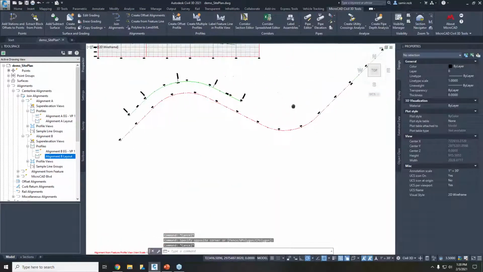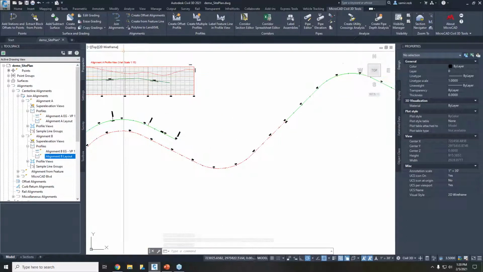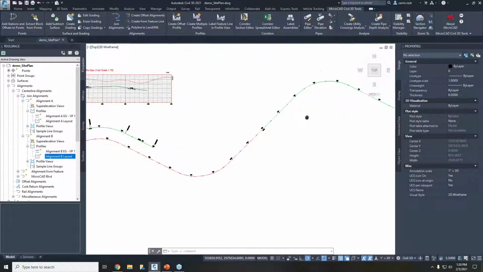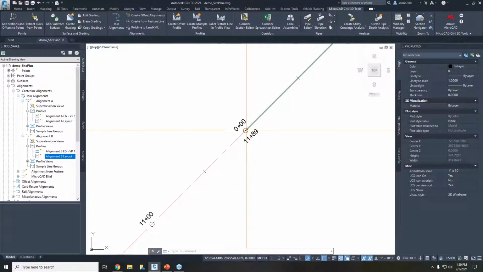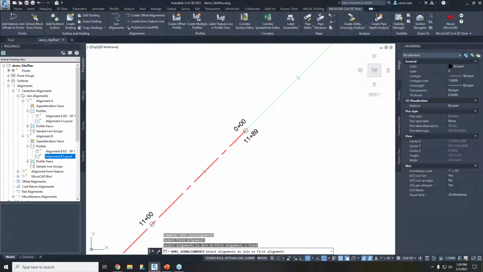As well, one of the tools that is really nice is the join alignments command. This is a new command for when you install Civil 3D 2021 and the MicroCAD Civil 3D tools on 21. You get the new join alignments command, inspired by the Civil 3D Ideas Forum. A lot of people have been wanting to be able to join alignments for a while. We typically have a whole bunch of alignments, and sometimes if they overlap, we might as well just create one long alignment. So I can say join alignment, select my alignment,